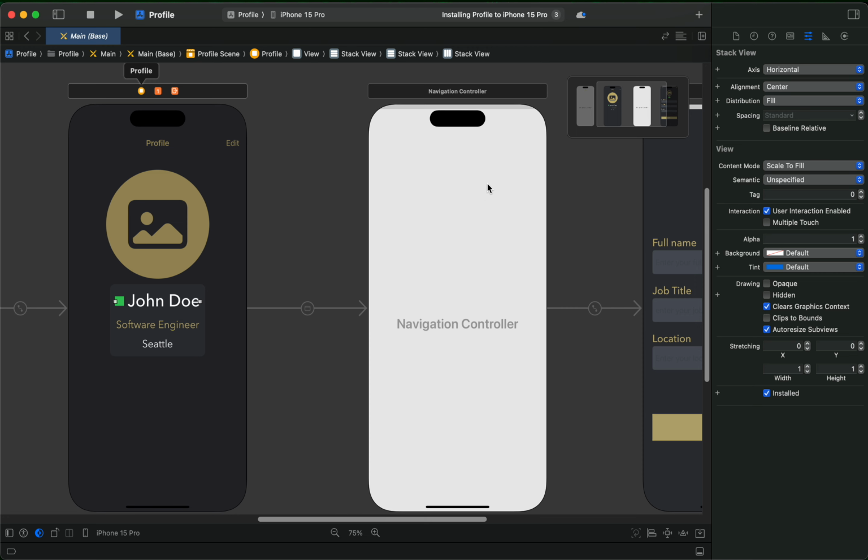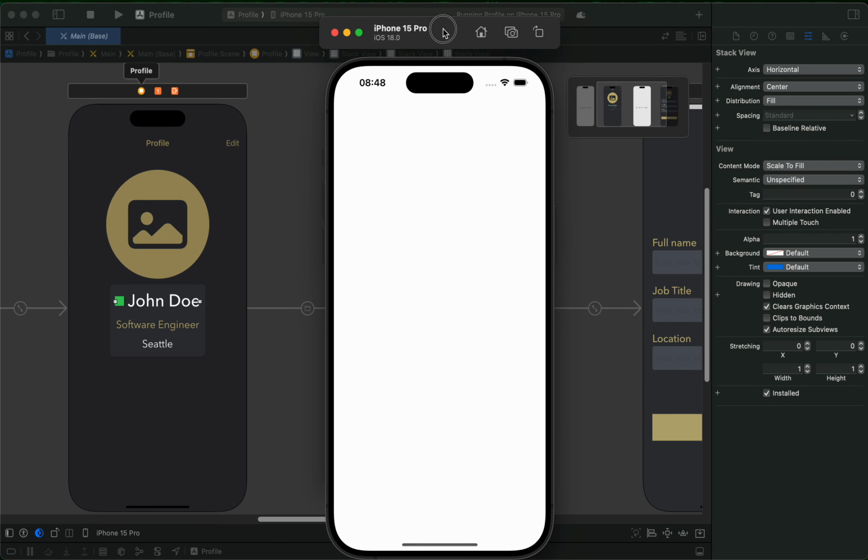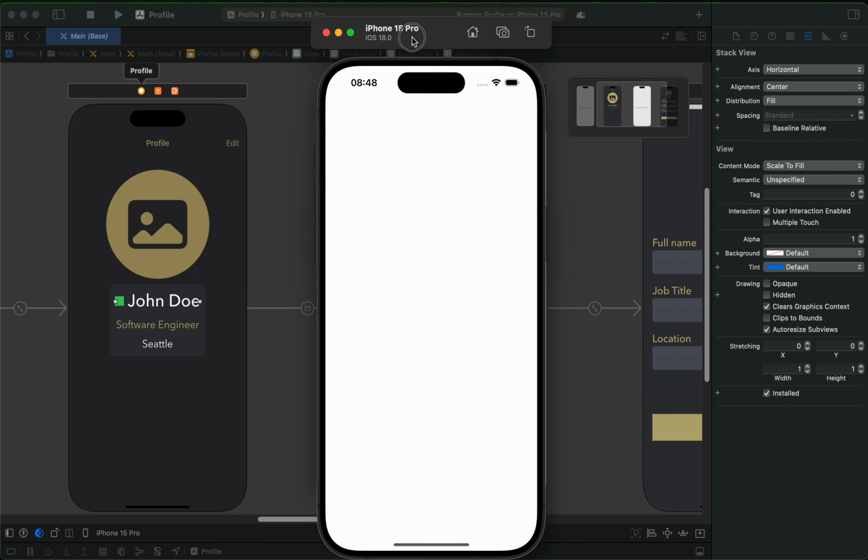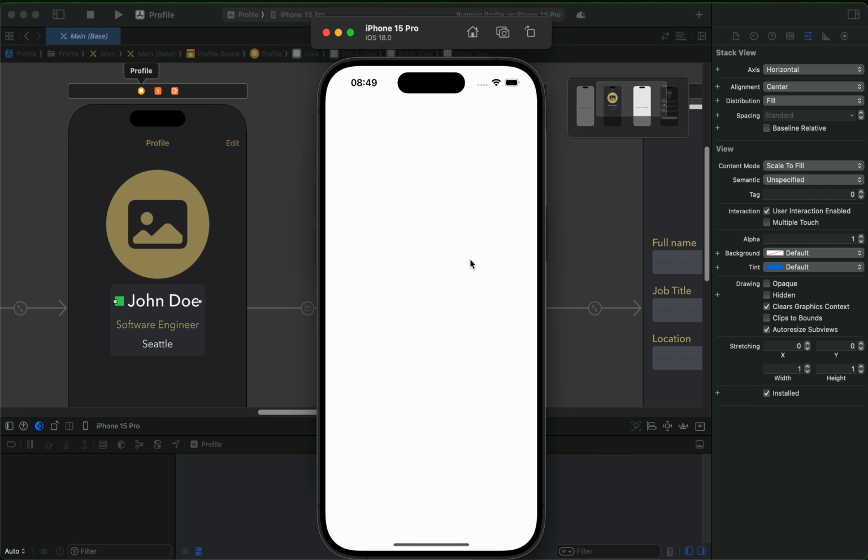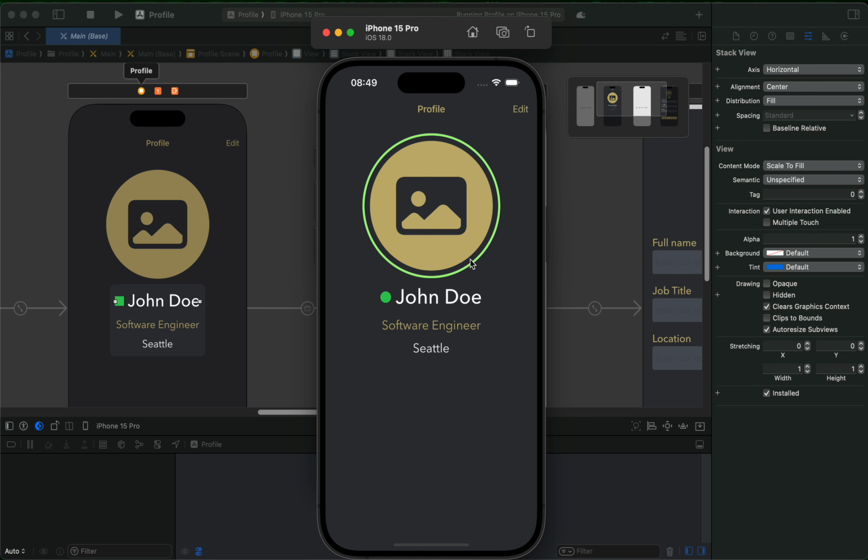It's gonna take a bit of time to start. Let's see, waiting for the simulator to come out. Okay, simulator, there we have it. It hasn't started yet. Wait a little bit. All right, so yeah,